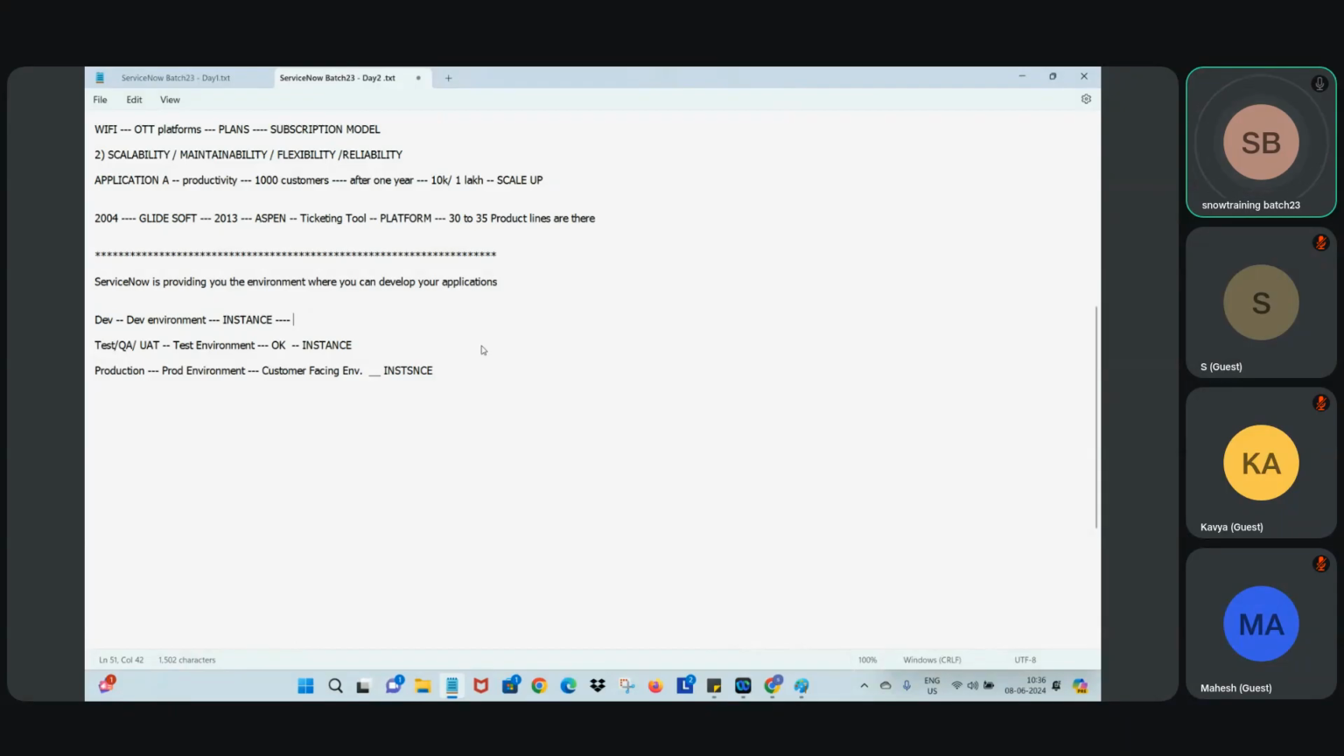For example, let me write it. My company is ABC Solutions. ServiceNow will be giving the dev URL like this: ABC Solutions dev dot service-now.com. Similarly, if it is test,